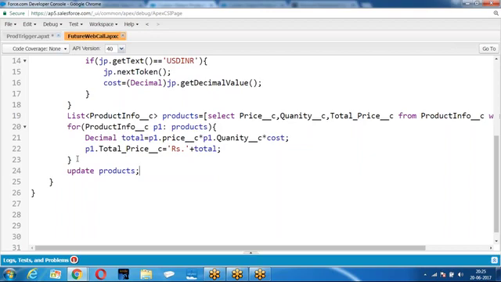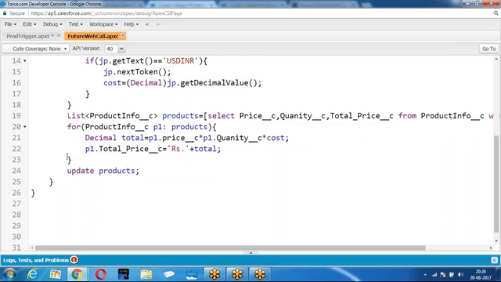It should be an after trigger. Why? Because the future method may run at any instant. I don't know when it is going to run. That is the reason we are making it an after trigger. When you get an after trigger, we get a list of IDs. Those list of IDs, if you pass to the future method, it makes a call to a third party system, getting $1 equal to how many rupees? Based on the IDs you passed, it fetches those records, modifies the records, and updates the records.